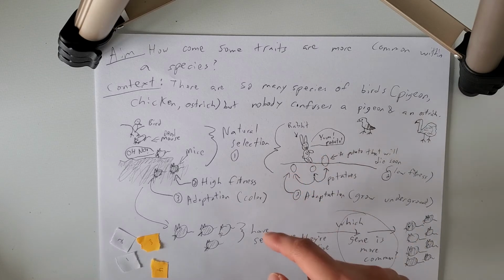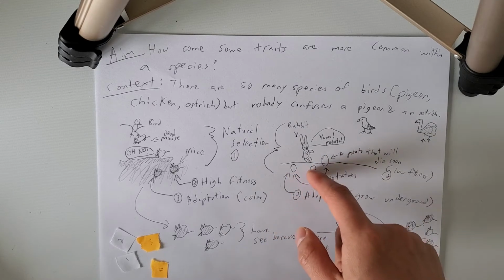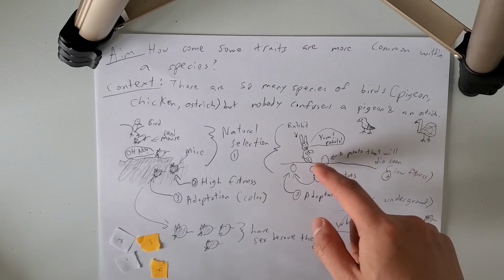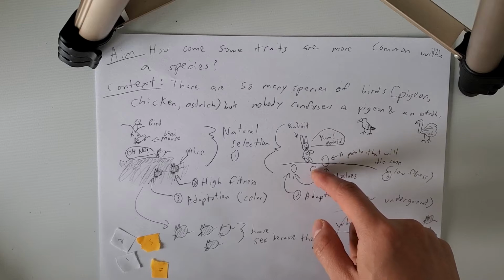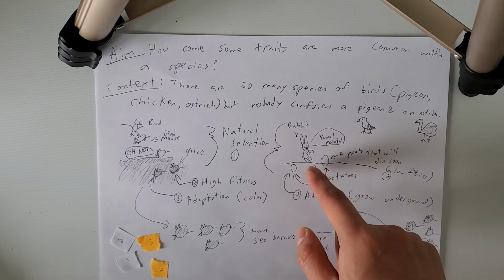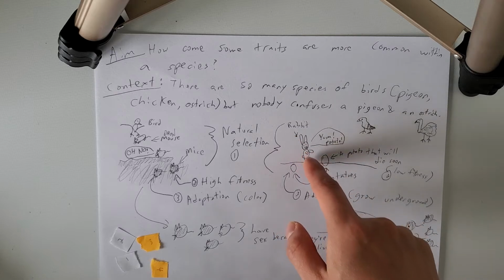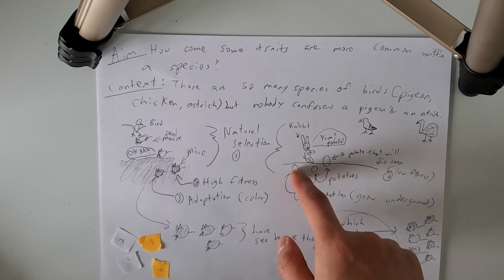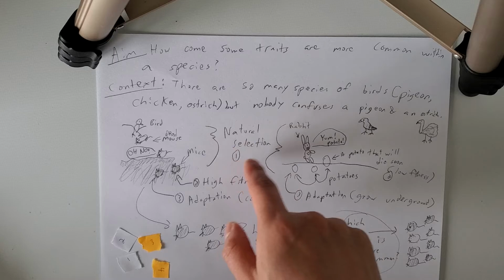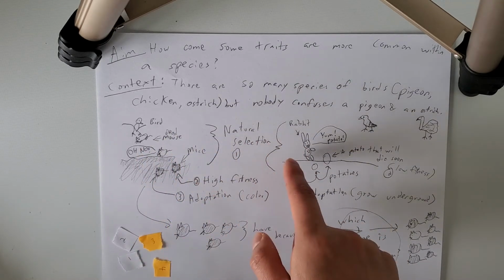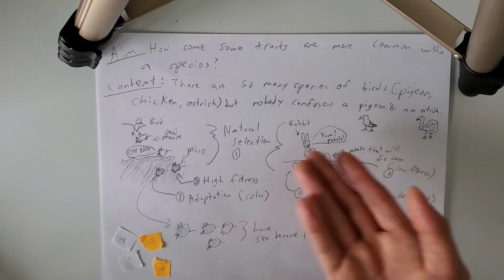Here's another example. The rabbit wants to eat some potatoes, and so there's some potatoes that grow below ground and some potatoes that grow above ground. How come some potatoes are growing below ground and some potatoes are above ground? It's based on their DNA. They didn't get to choose this trait. And so the potatoes that grow above ground, they're getting destroyed by the rabbit. The rabbit eats them, while the potatoes below ground survive. So that's natural selection, when the environment chooses who gets to survive and who gets killed.